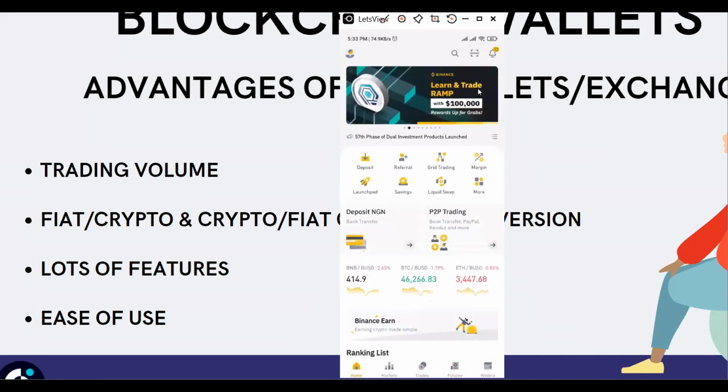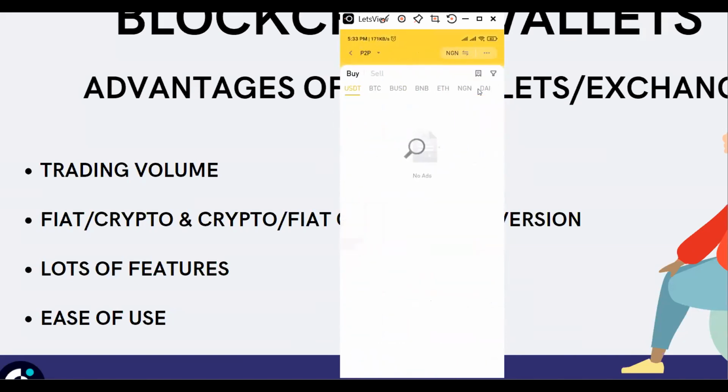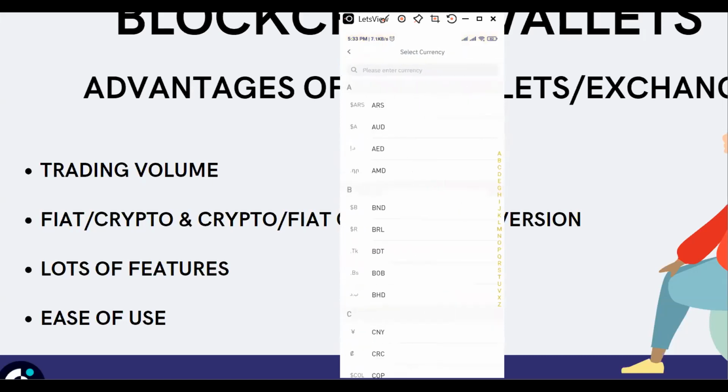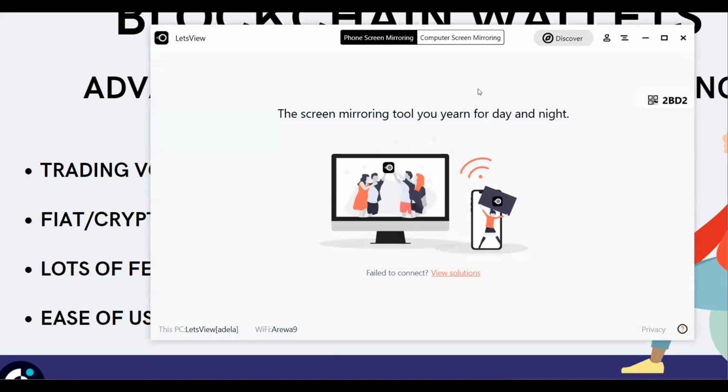Here you can also go to P2P, where it's easy for you to sell your coins for fiat. It's very easy to change your coins, your tokens, to your fiat, according to your country. You can see this is selected as Naira here. So you can decide to